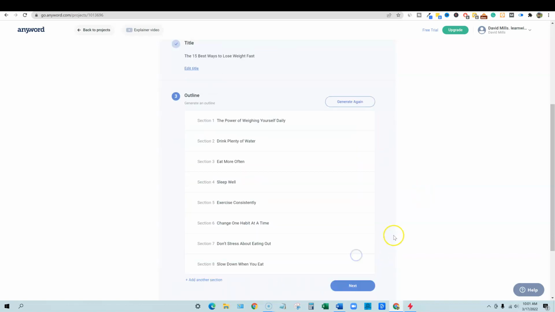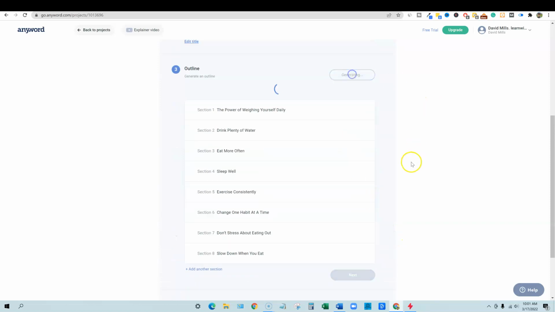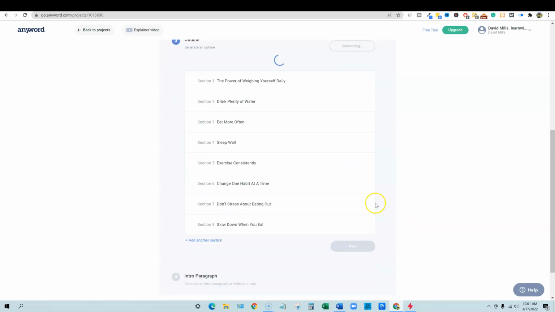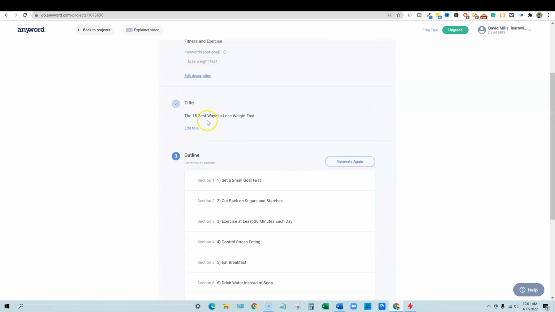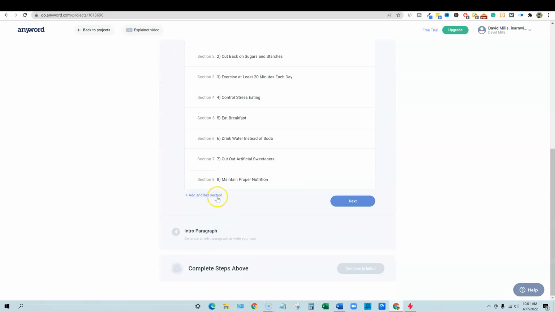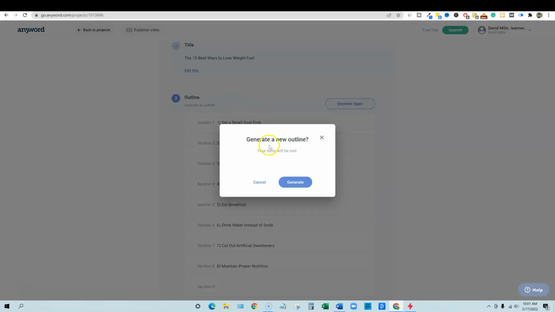Okay. So I select that one and that's the title now. Okay, so let's generate again. For whatever reason, it was holding on to the other one. Maybe I didn't select it correctly, but let's see if it can come up with more. Okay, so we are on a title of the 15 best ways to lose weight, and it's only giving us 8 right here. Okay, we can manually add these. That's fine, but I would want it to,